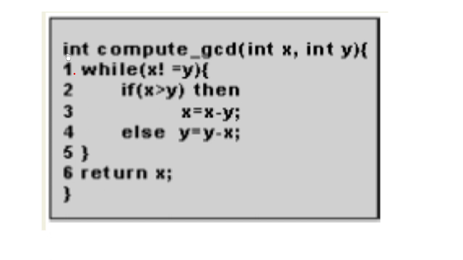यहाँ पे आप सोचो, ये पहले अगर if you would have done it yourself, you would have given this as number 1, but they have ignored this statement, that is int compute GCD integer x integer y. You don't have to take this. They have taken only 1 2 3 4 5 6. That is while x is not equal to y, if x is greater than y, then x equal to x minus y, else y equal to y minus x, then statement number 5 and statement number 6. So now try and draw the control flow graph for this.